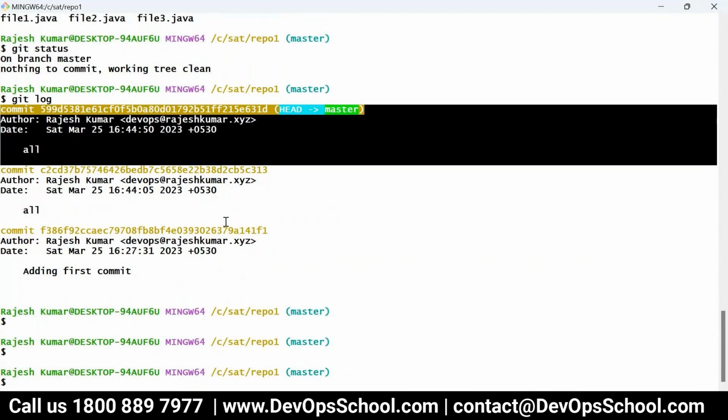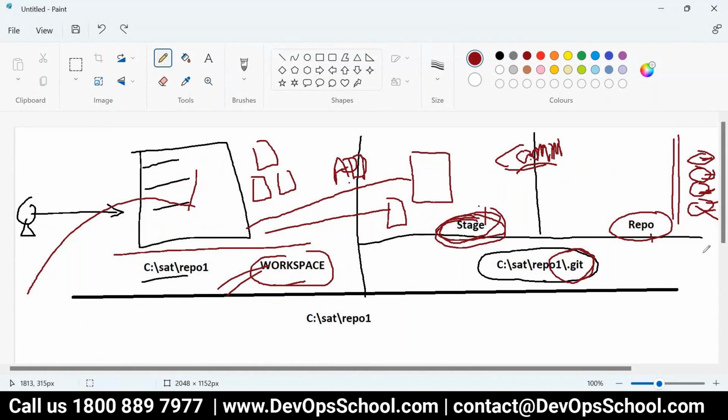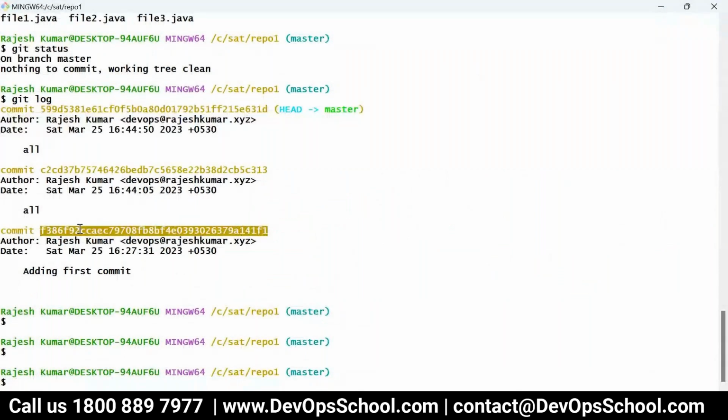Now you are the human being, think simple. Where is your version? Here. And what is this version? This is the ID. It's not 1, 2, 3 like that. We call it the commit ID. It's a 40-character hash SHA value generated by the SHA-1 algorithm. It uniquely identifies the commit. In short, we can also represent it with 7 characters. This is a universally unique ID actually.